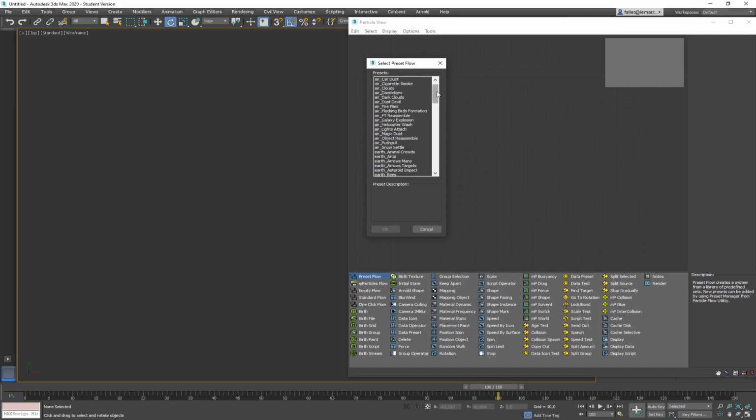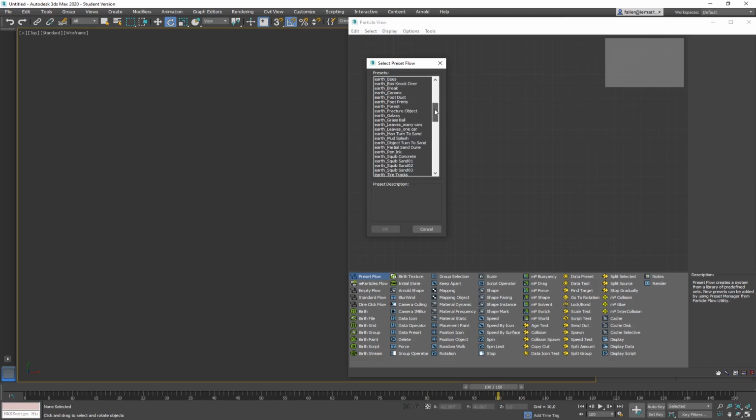So it has all to do with smoke and things in the air, wind and so on, dust. Then it has to do with earth, something that's crawling around and so on. Let's try maybe bees later. Then fire and smoke, and then there's some logo flying and reassembling and dissolving, and there's some water spray and liquids and so on. Let's go for a simple one. They don't all work properly, but you can see how they are built. And let's try to end it up with the earth.